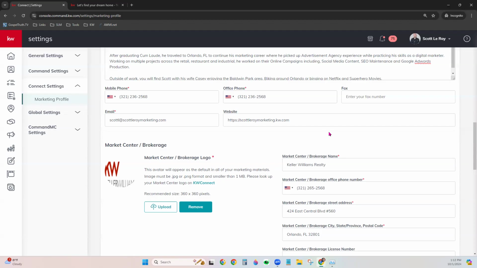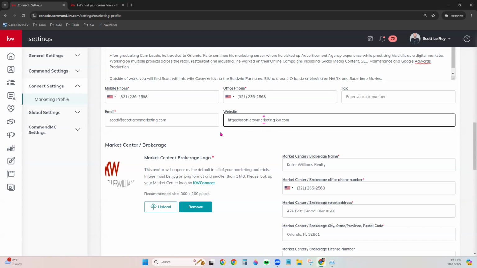It will be an active hyperlink on your marketing. If the link is not correct or does not have the HTTPS before it, chances are it will not be a hyperlink on your marketing. And so your consumers may have the problem of having to copy and try to paste it or search for your website. So it's just always a good idea to have this be an actual working website link right here